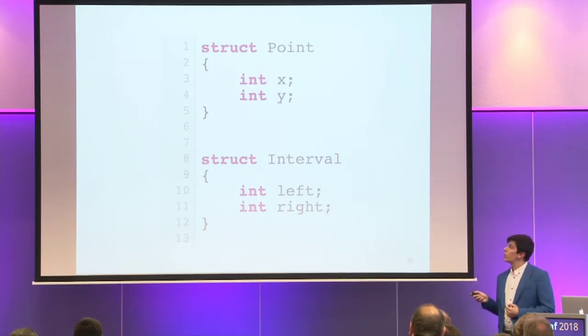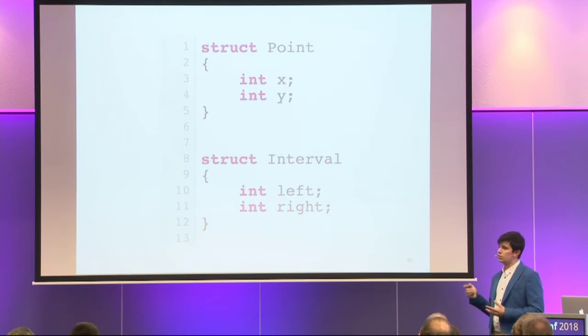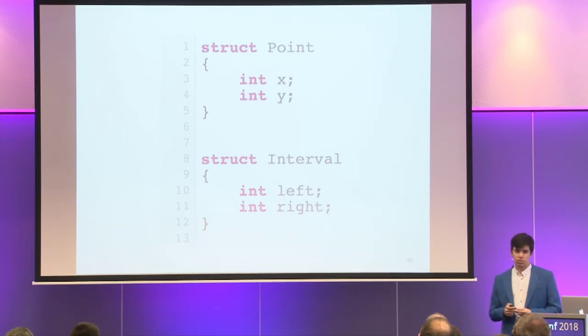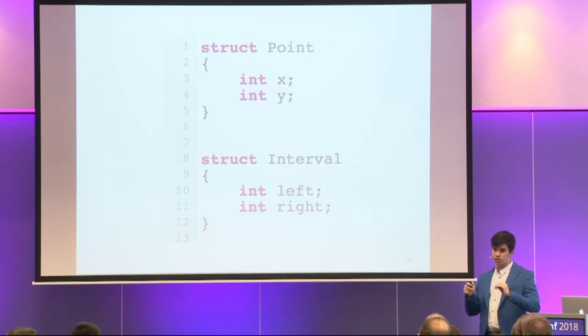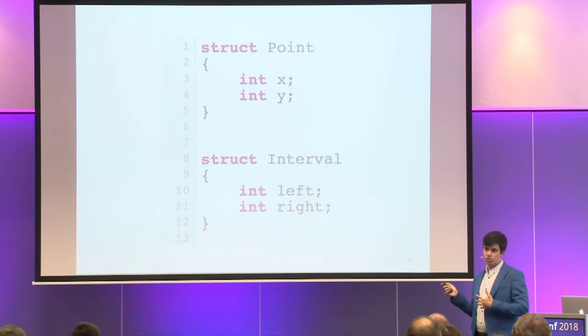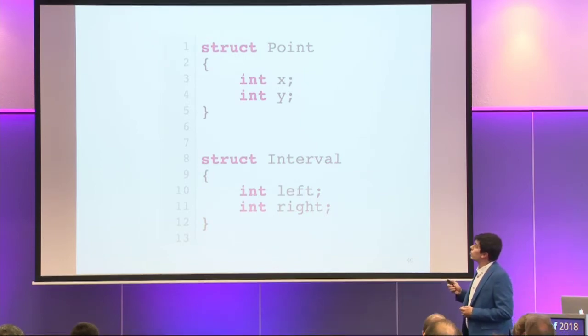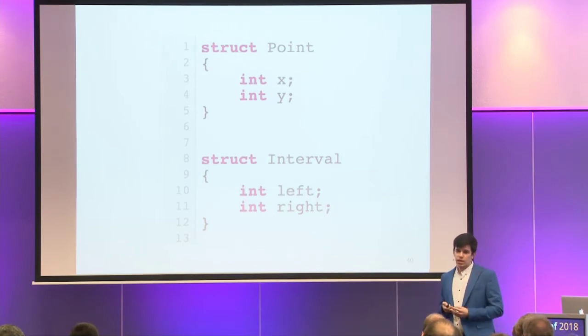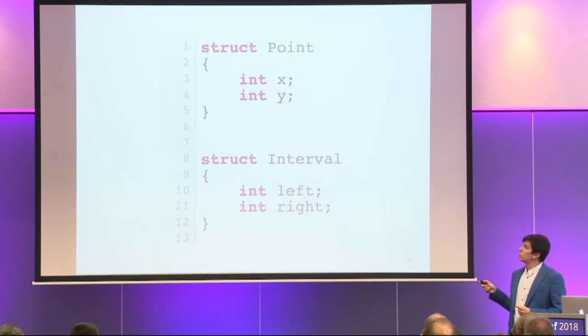Let's take a look at the following two structures. So, a point with two integers and an interval with two integers. Aside from the context in which these may be used, in terms of layout in memory, is there any difference between these two? No, they're identical. So if the point would overlap with an interval, let's say, when we are accessing the X member, we have the guarantee that we're modifying a valid integer,